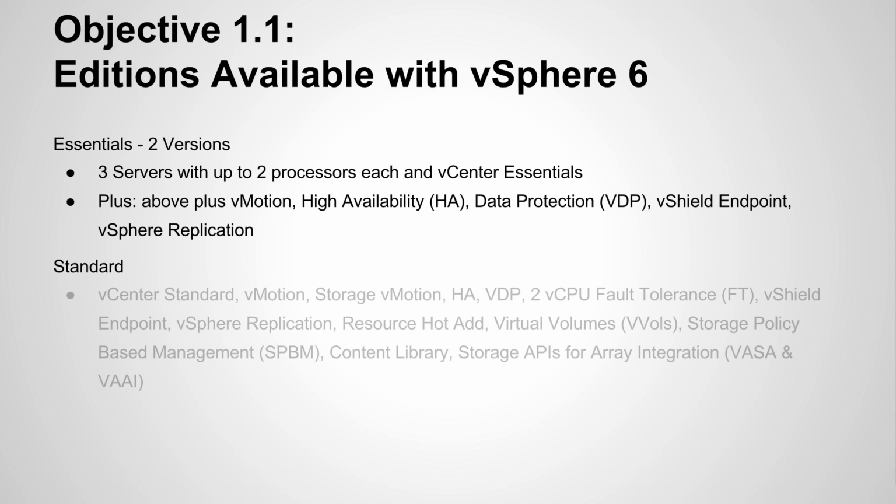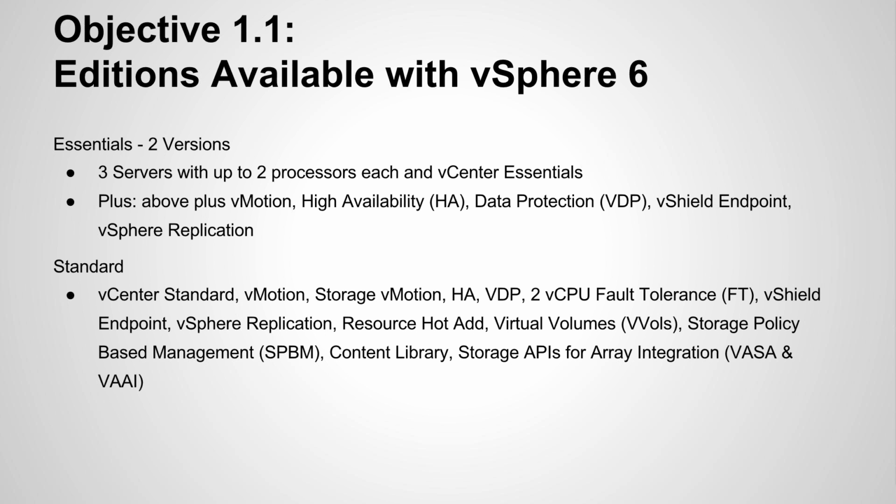So with that covered, we're going to look at the core vSphere offerings, which are our Standard, Enterprise, and Enterprise Plus. These are all licensed on a physical proc level, and they all come with vCenter Standard. So starting off with Standard, this is going to get you, again, vMotion. It's going to allow for Storage vMotion, which is the live migration of your backend VM disks and files. HA, VDP, it's going to allow for 2 vCPU fault tolerance, or